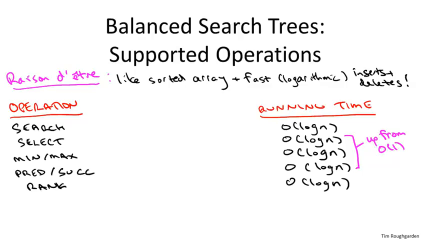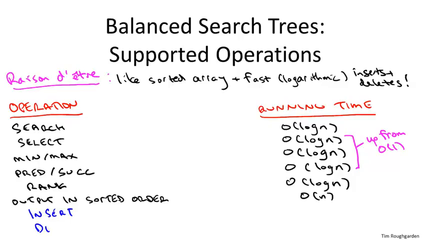As we'll see, we lose essentially nothing over the sorted array if we want to output the key values in sorted order, say from smallest to largest. And crucially, we have two more fast operations compared to the sorted array data structure. We can insert stuff. So if you hire a new employee, you can insert them into your data structure. If an employee decides to leave, you can remove them from the data structure. You do not have to spend linear time like you do for a sorted array. You only have to spend logarithmic time, where, as always, n is the number of keys being stored in the